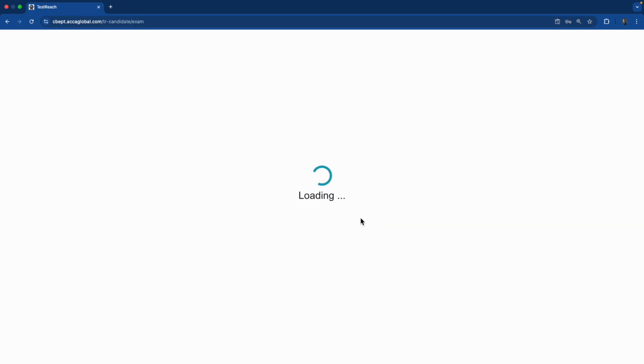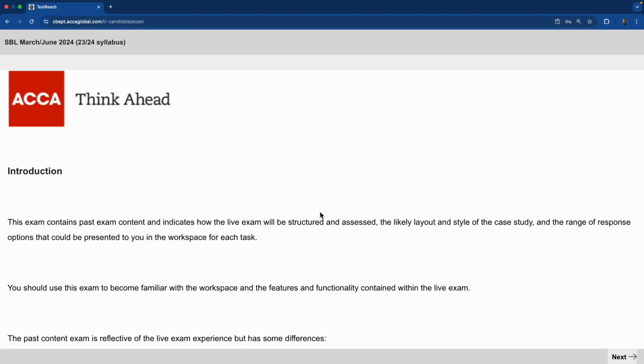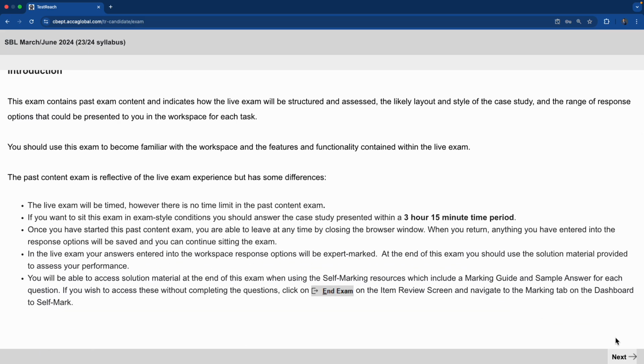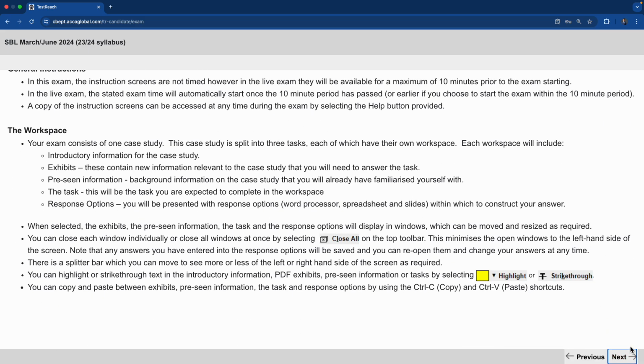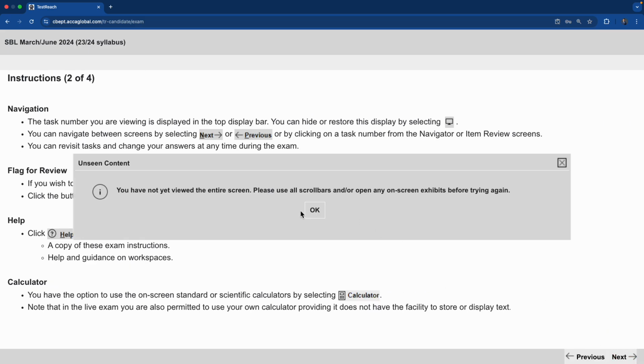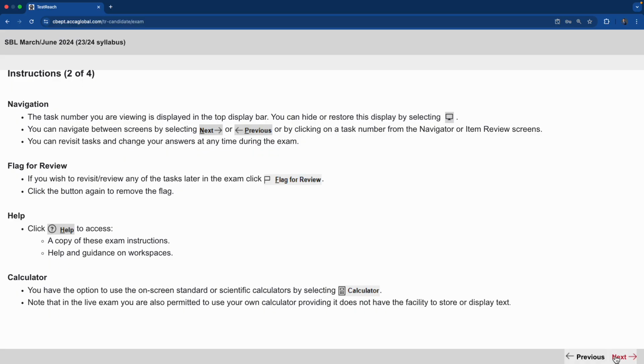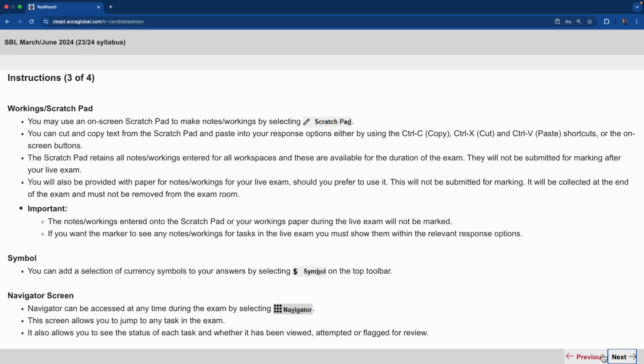You look at March, June 2024. So again, you want to see the pattern of exhibits that were coming out so that you are aware that when you go to the exam, what might be the things they might ask you and what are the information they might present to you. So here,